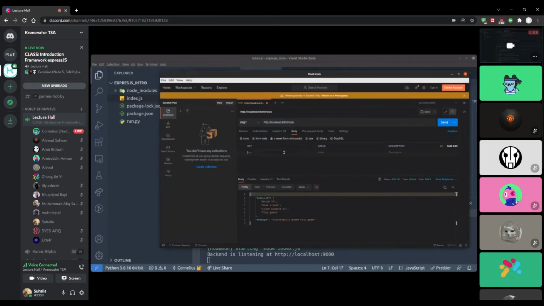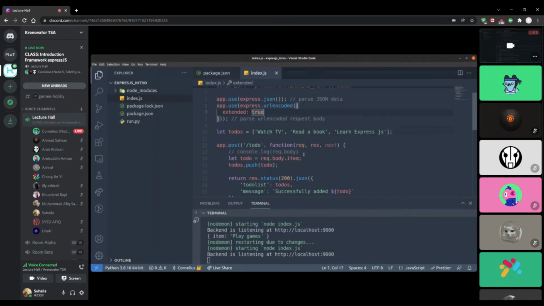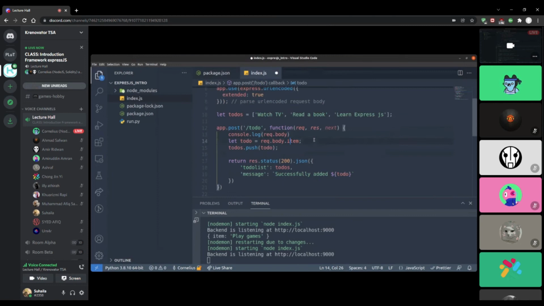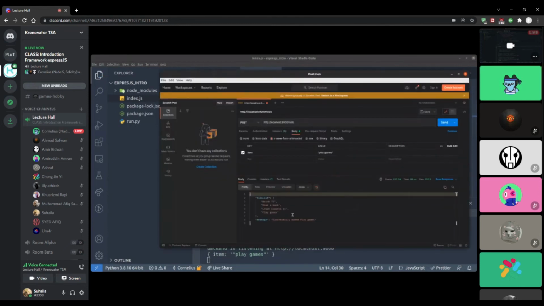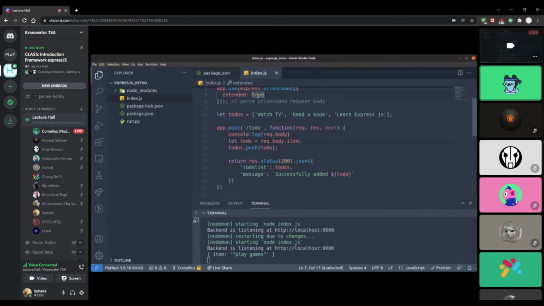But maybe we can try it now and see if it works out. Let's say instead of using JSON, we try to use a URL encoded form to send the data here. Let's try to click send. And as you can see, it can add here, but if you try to put this to false,